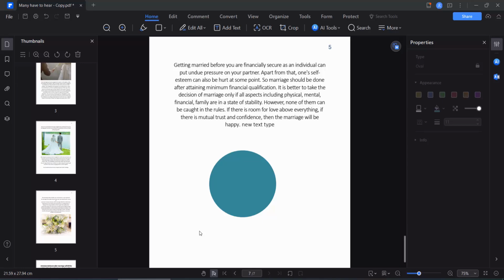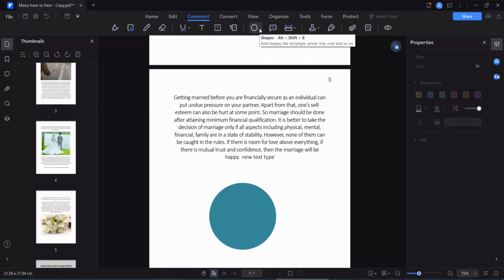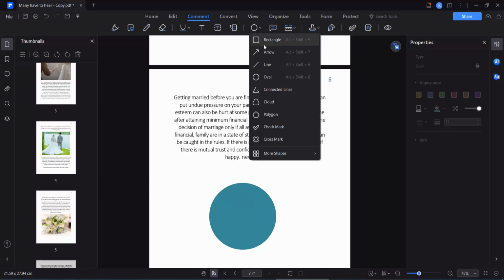Hello everyone, today I will show you how to change a shape border thickness using Wondershare PDF element. Open your PDF file with Wondershare PDF element. Now select this comment option and here you will find this shape option. First I will do a rectangle shape